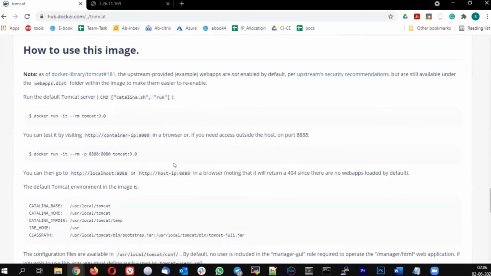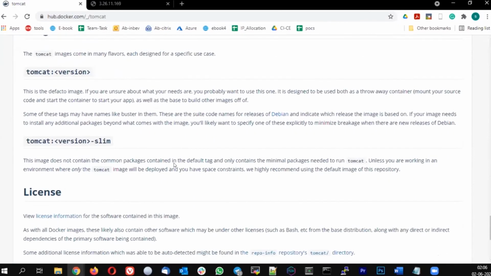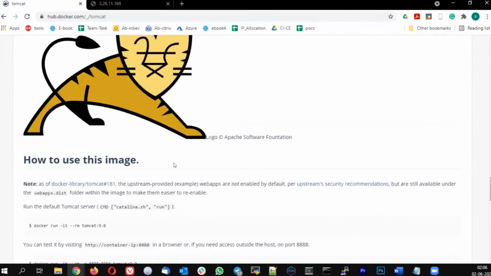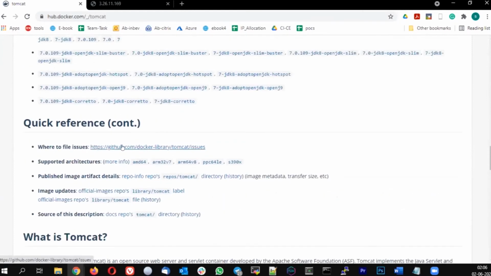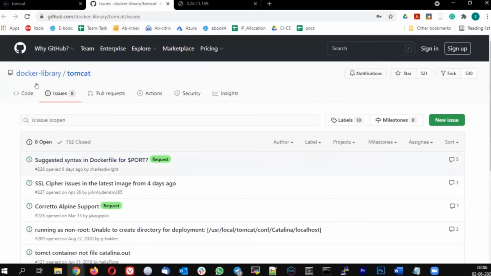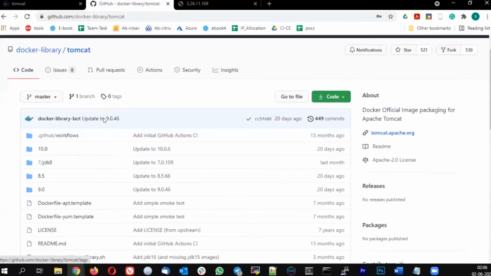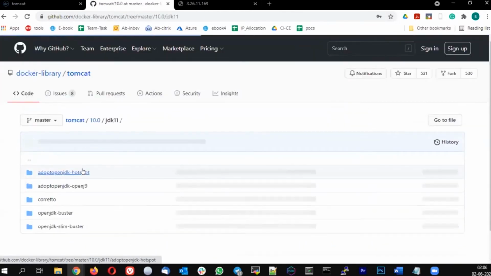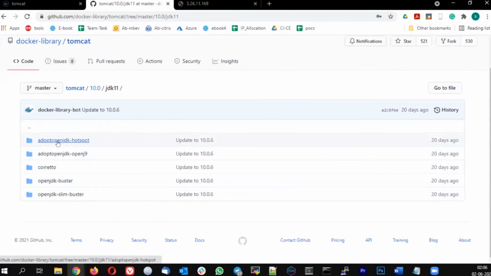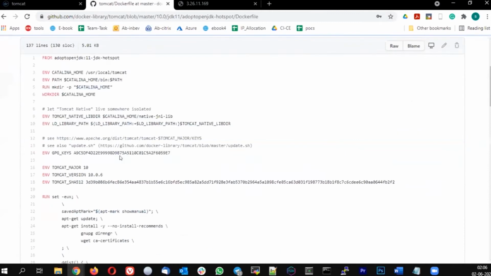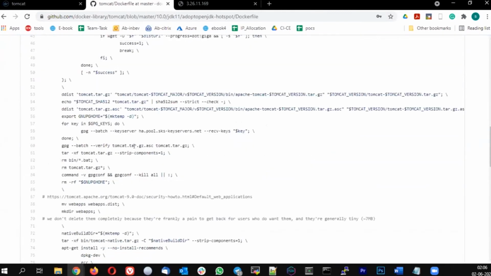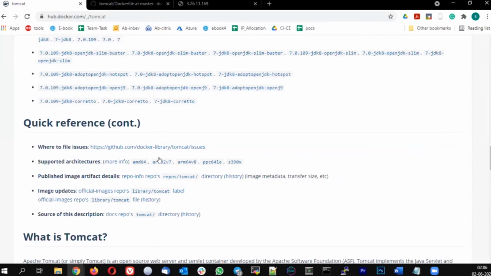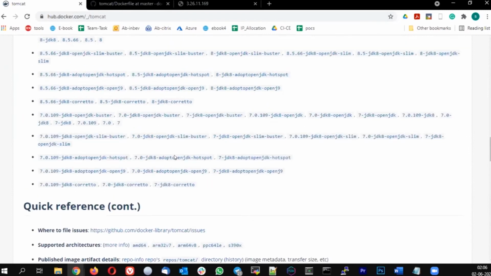So how to use it, what variations are available, what the license is, all those things I can see. In the same way, I will get the GitHub location of the particular image. You see this is the GitHub, and there I can see the actual Dockerfile for JDK 11. In most cases, they give the GitHub account where the Dockerfile is. You can refer to it to see what they are doing inside it. And